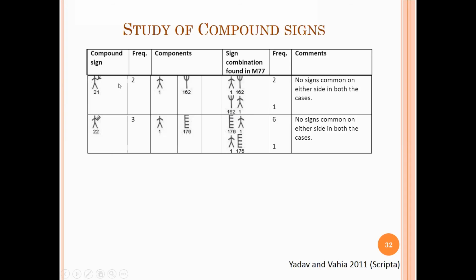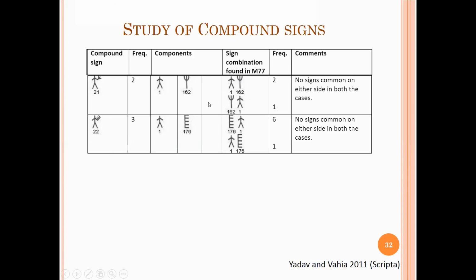We have more complex signs where there can be three or four components, and so we have to look at all possible combinations. To compare the usage pattern of the compound sign with the usage pattern of the corresponding sequences, we take a look at the usage pattern of this compound in all the texts, and we see what signs it precedes and follows, and we compare that with the usage pattern of these corresponding sequences to check whether any of these sequences can replace this compound sign or not.